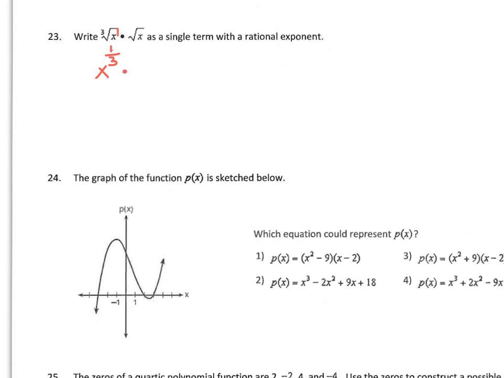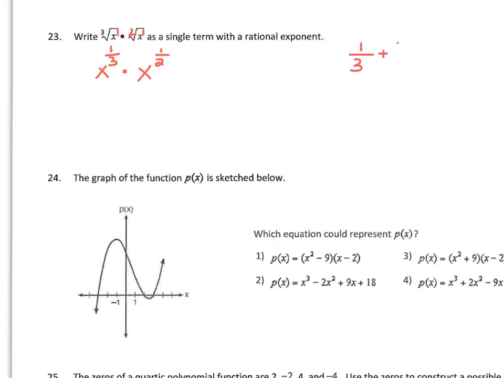Okay, and then times. Now, this is the square root of x to the 1st power. When you have a square root, you don't really put the little 2 in there, but if it helps you to visualize it, this would be the square root, that's a 2, of x to the 1st power. So we could write this, using power over root, as x to the 1/2 power. Okay, so now, since we're multiplying two terms that have the same base, we're going to take these exponents and add them. So I'm going to do that off to the side. So 1/3